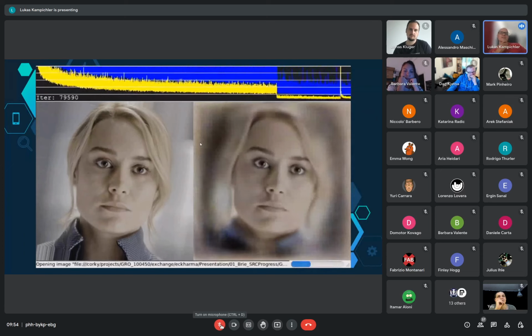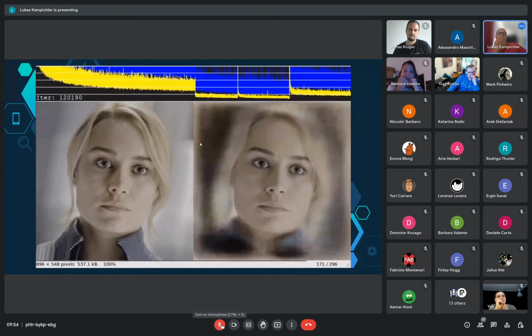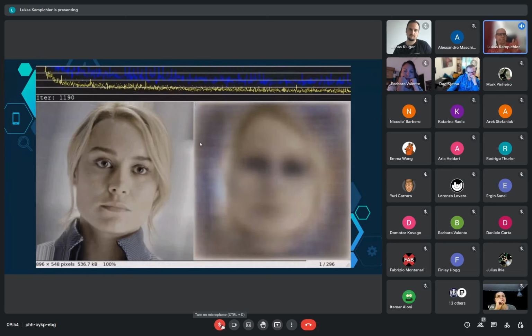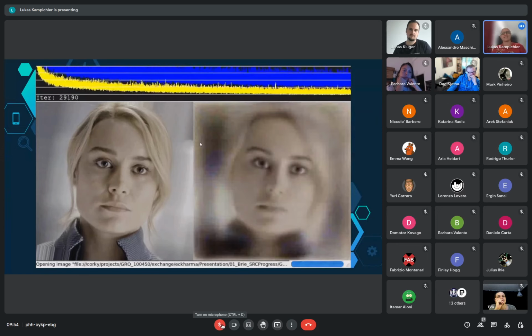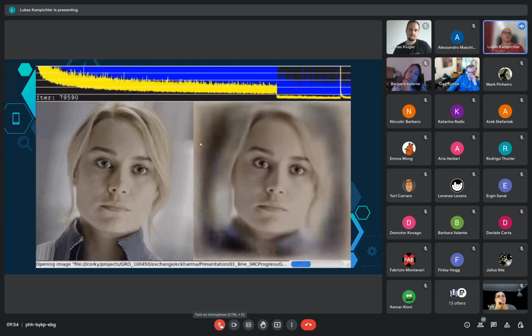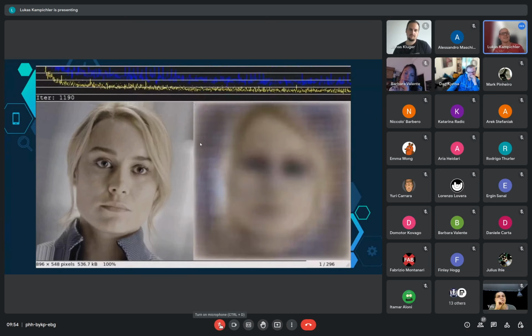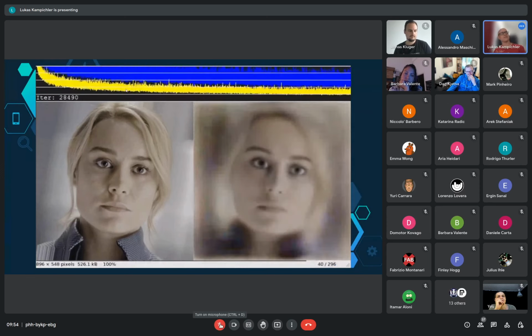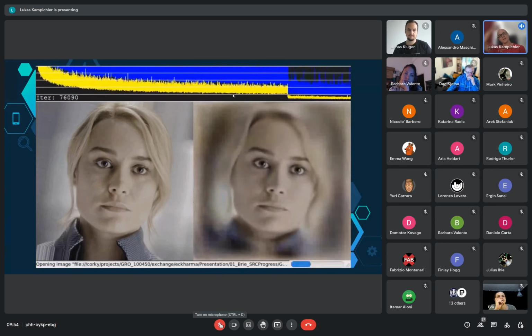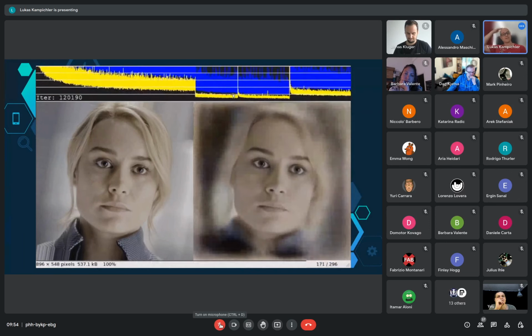It just checks how close the images are. I say it in a very simplistic way, but it's just doing a difference and seeing how much difference there is. This is the error rate. So the lower the error rate, the closer we are to what we need.